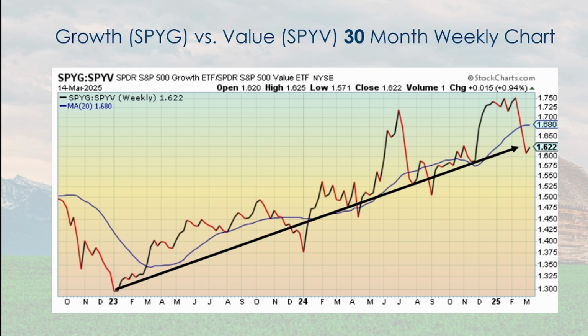Okay, growth versus value. SPYG, growth. SPYV, value. So these are ETFs on a relative strength basis, showing that when it goes down, it is favoring value. Value stocks are in favor. And when it goes up, it is favoring growth. You see a couple of times, 2 or 3 times, where it's come down a lot, and those are periods where value is in favor. And then you have some times where it goes up a lot, and that's when growth is in favor. Usually it's one or the other. There are some other periods where it's not as decisive. It may go up a little bit or down a little bit.